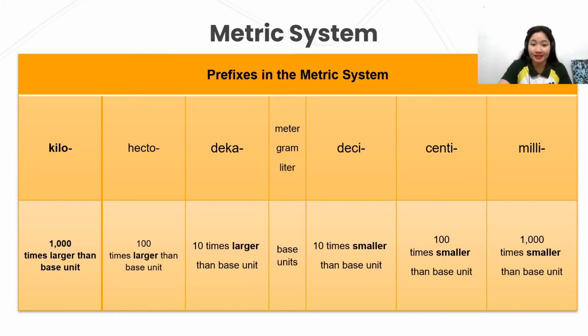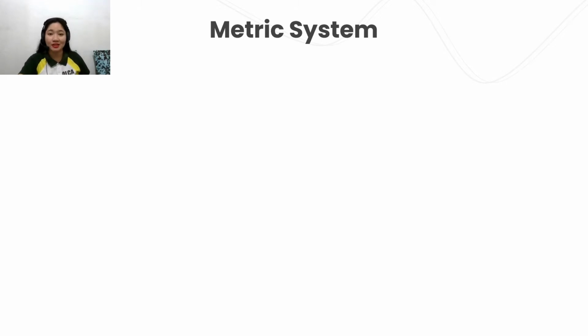We also have the deci, which means it is 10 times smaller than the base unit. We also have the centi, which means it is 100 times smaller than the base unit. And for the last one, we have the milli, which is 1,000 times smaller than the base unit. Combining the three basic units, for length, of course, we have meter, weight, gram, and volume, liter, with the prefixes create